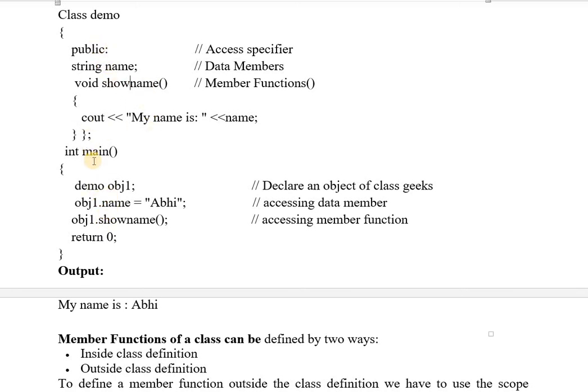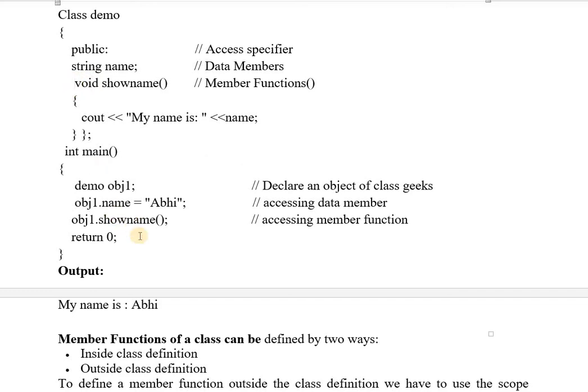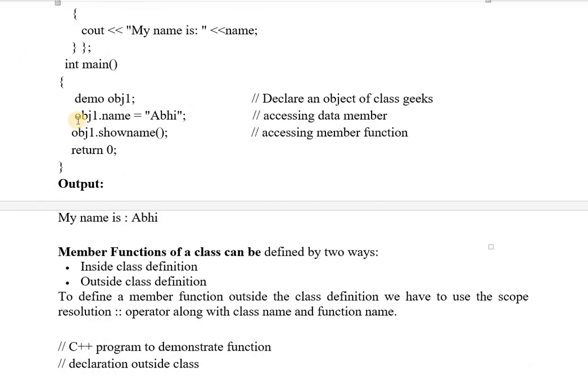If you want them to be accessed outside the class also, then you have to make them public. We will see access modifiers, or specifiers, in the next video. By writing them in the public section, you can assign the name. If it is private, then you cannot assign this value here. That's why member functions, which will always be called outside the class in the main function, are written inside the public section, whereas the data is usually written inside the private section. This is the way to call the member function or assign some value to the data member with the help of the dot operator.